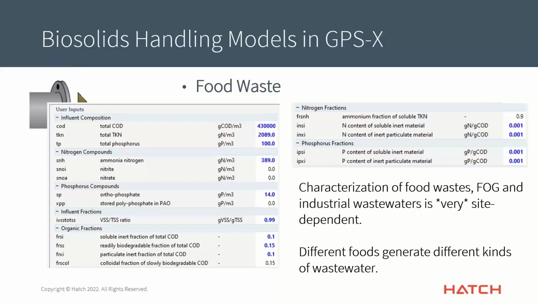And so I've had the luck and opportunity to model a bunch of different types of industries, and they're all over the map. So we did a project quite a few years ago that had a facility that was producing corn syrup. And so the wastewater that was coming to the plant was being accepted and taken in. It was really high concentrations of COD with practically no nutrients at all. And then I've also worked on meat processing facilities with huge concentrations of ammonia and not that much COD. So, I mean, it's still more than regular wastewater, but the relative proportion of COD to N was completely flipped the other way. So you need to make sure that you've really got a good amount of data on what your food waste